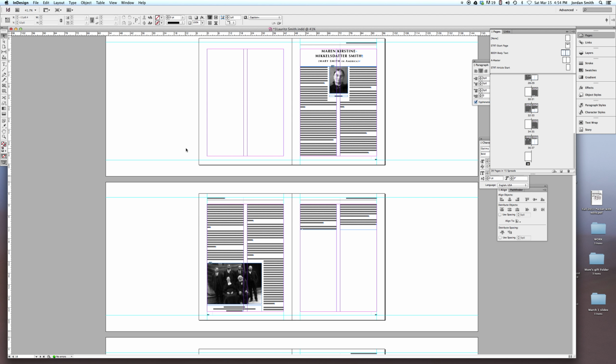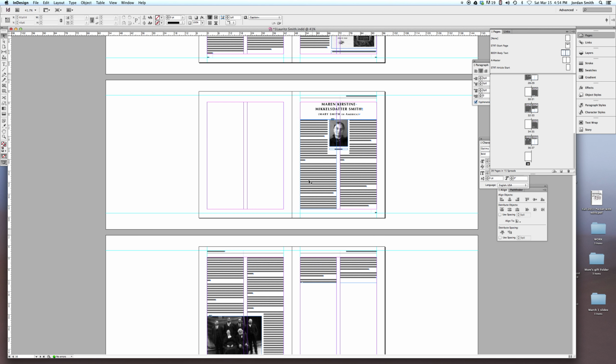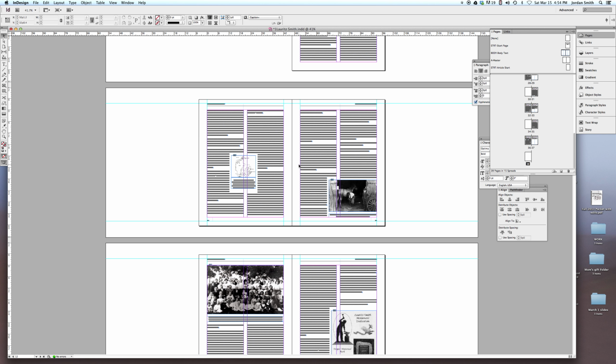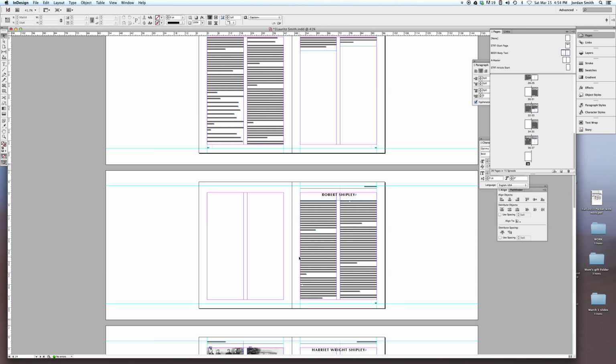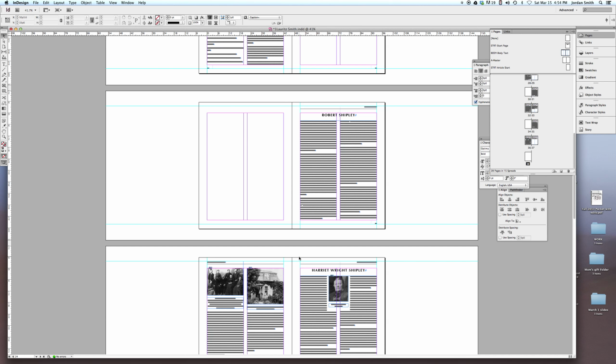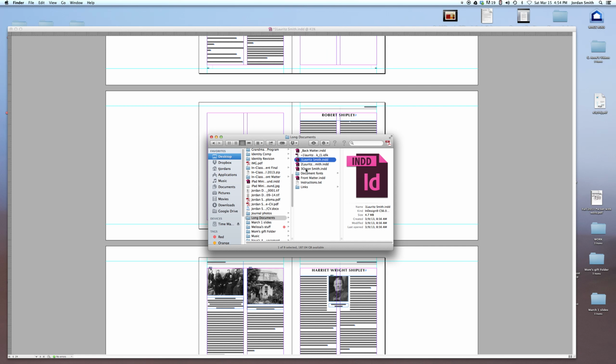If you're working with a 700-page document that has images and text, you really don't want to wait for your computer to open the entire thing, to render all your images, and then to scroll through 700 pages of text every time you want to work with something. So what you want to do, like I have here, is have separate InDesign files for separate parts of your book. These could be by chapter, by section, whatever book you're working on, it could be different. But you want to make sure that it makes sense to you, having these separate InDesign files for these separate